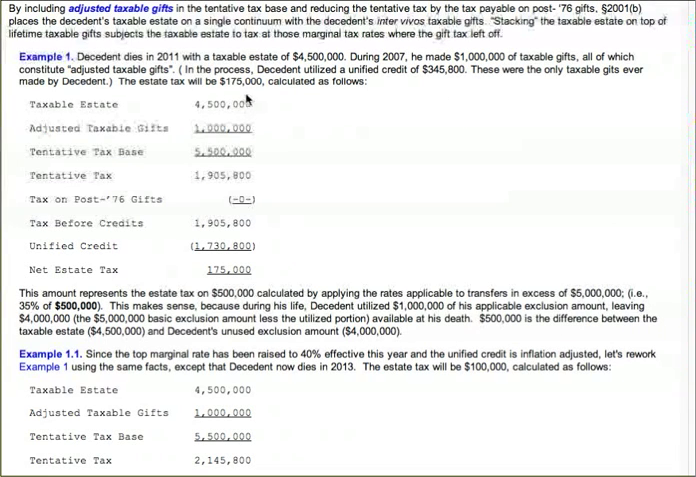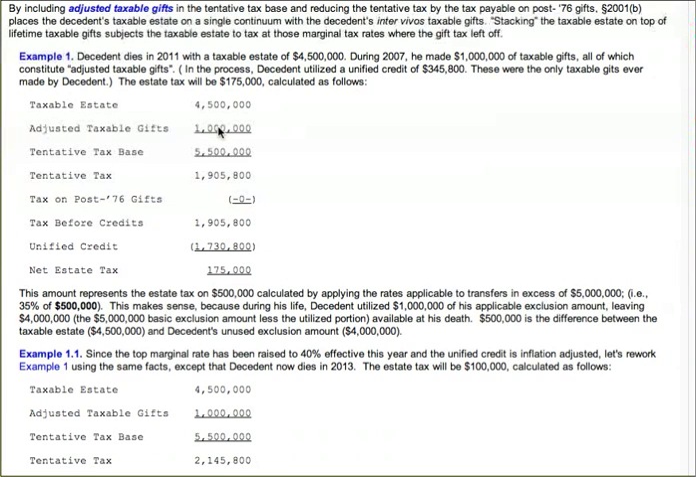So in example 1, as illustrated here, we have a decedent that died in the year 2011 with a taxable estate of $4,500,000. We are not trying to figure out what was included in the gross estate less the deductions to arrive at this amount. It's just a given. We're keeping it simple for the purpose of your being able to apply numbers to the concepts that we've been discussing and reading. So if you start off with a taxable estate of $4,500,000 in this example, and you add